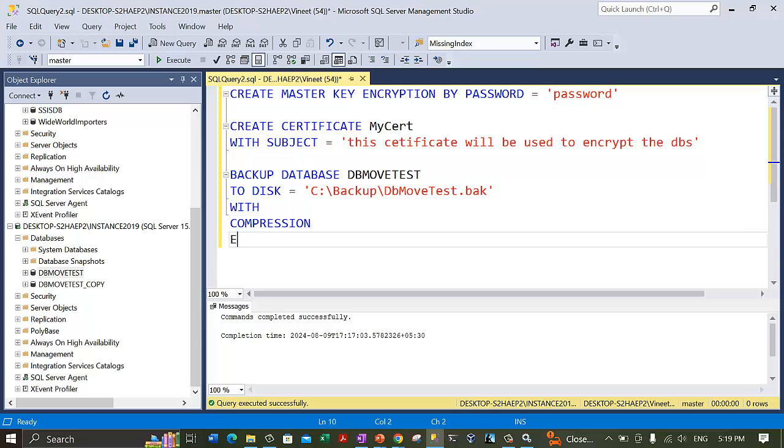And for encryption, you need to specify certain parameters. So let's take brackets and specify the encryption parameters under those brackets. For encryption, I'm using an algorithm. Earlier we talked that we need an algorithm and an encryptor, which is basically a certificate or an asymmetric key. For the algorithm, I am using the AES-256 algorithm to encrypt the database,